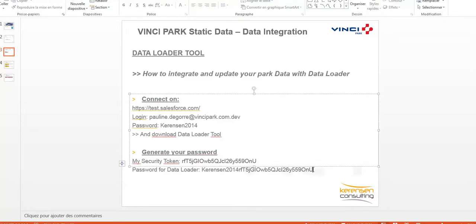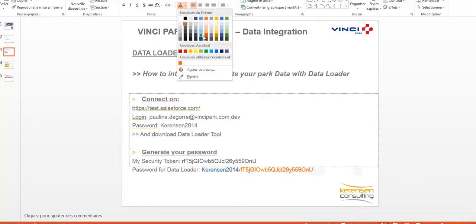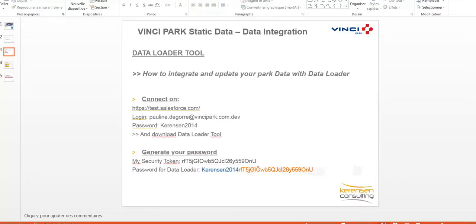So you need to concatenate. I will put it in orange. In blue, this is my Salesforce password. And in orange, this is your security token. And this complete password is your Data Loader password.